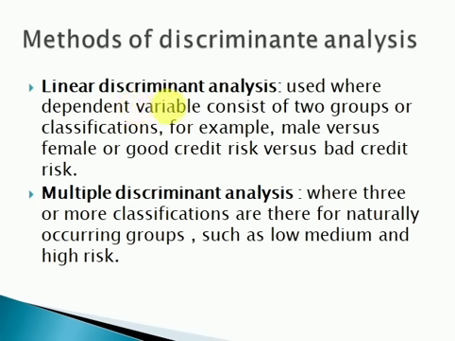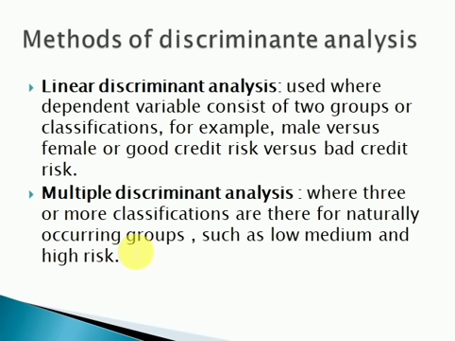Linear discriminant analysis is used where the dependent variable consists of two groups or classifications, for example male versus female or good credit risk versus bad credit risk. So there are only two groups or two categories. In case of two categories of dependent variable, the linear discriminant analysis is used, and multiple discriminant analysis is used where three or more classifications are there for naturally occurring groups, such as in our last example